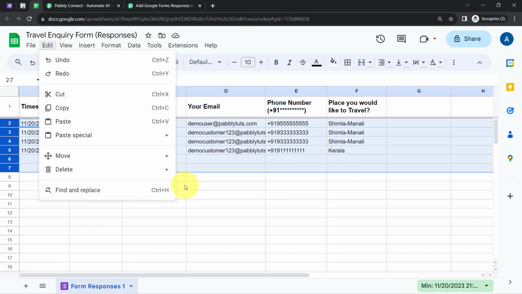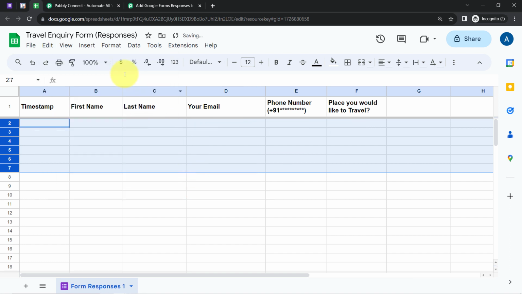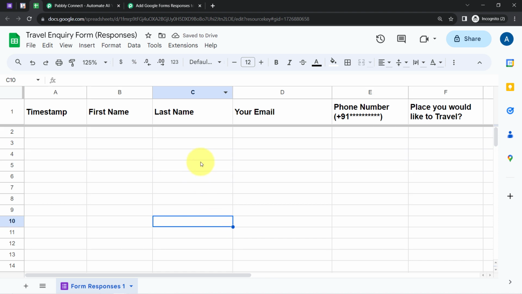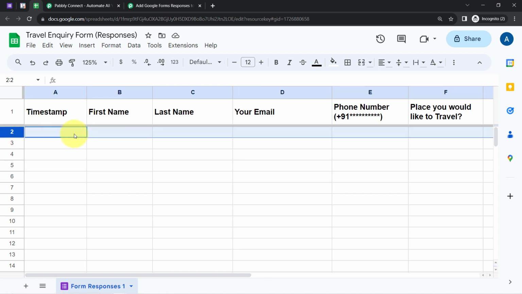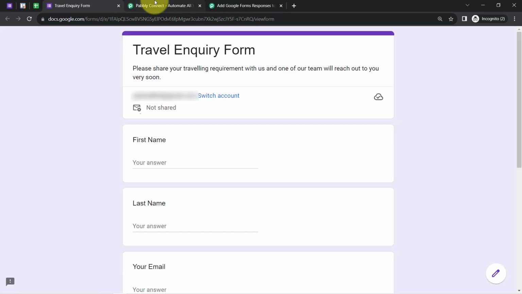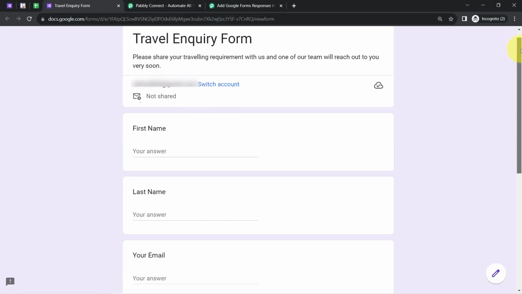So how about I delete the existing data? Alright, so I have deleted the same. Let me also format this spreadsheet so that you can see the data very clearly. Okay, so before I build any connection, firstly I will make sure that one data is already present in my spreadsheet. So how about I preview this form, and now I will make a dummy submission by submitting